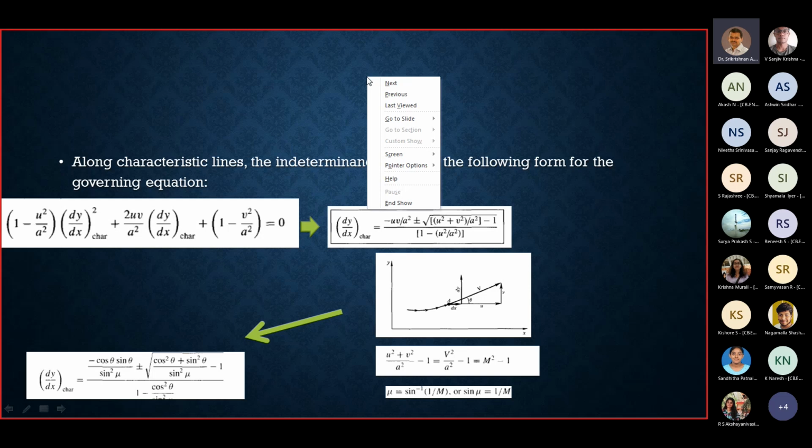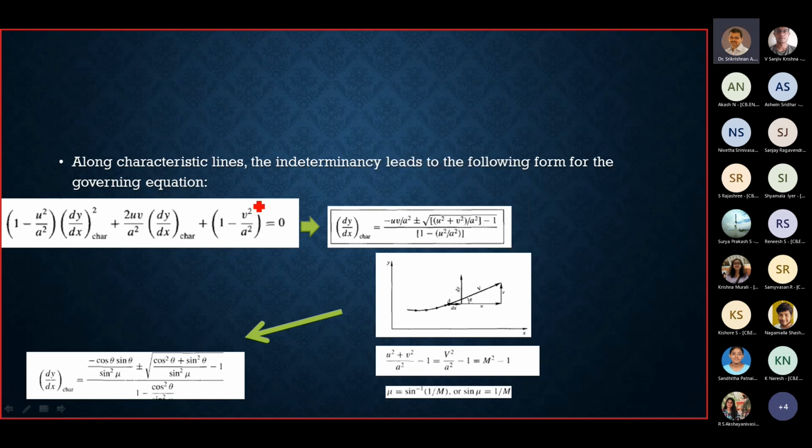If you look at the way it is written here, now instead of ∂u/∂x, etc., we have dy/dx. Not only that, the way it is formulated shows that it can be treated as a